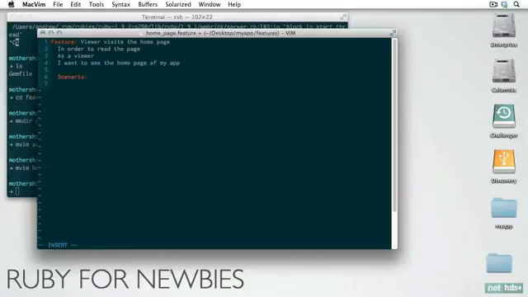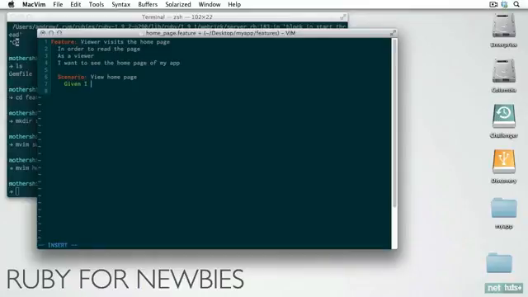So we're going to say scenario. The scenario here is viewing the home page. And every scenario has 3 portions. We have a bunch of given preconditions. We have a bunch of actions that we will perform given those preconditions, and then we have the results that we want to see for the test to pass. So in this case, there's no actions we want to do. We're just going to say,